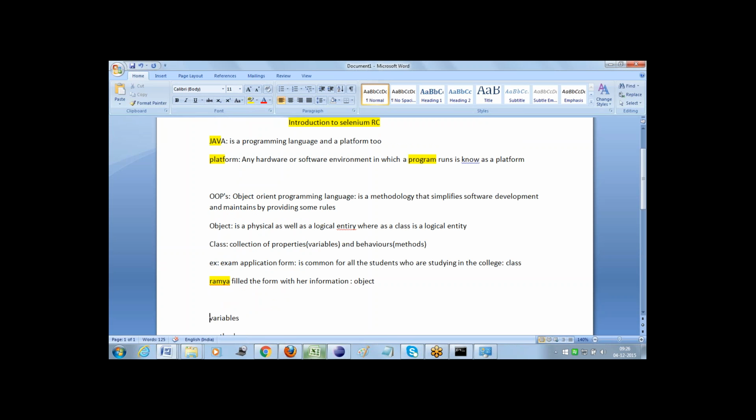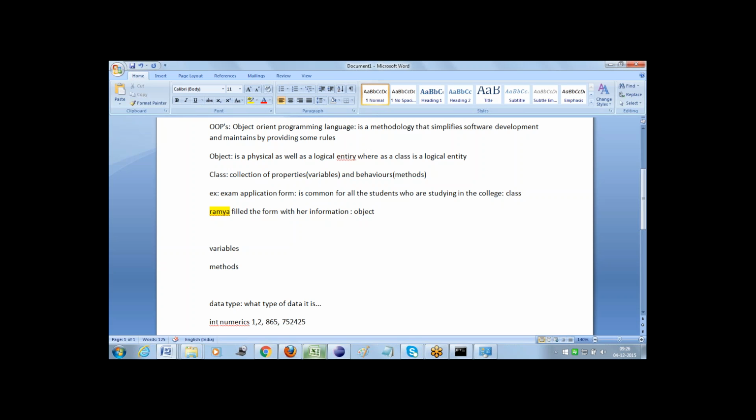And what does a variable mean? Generally, it is a memory location where we can save a value.